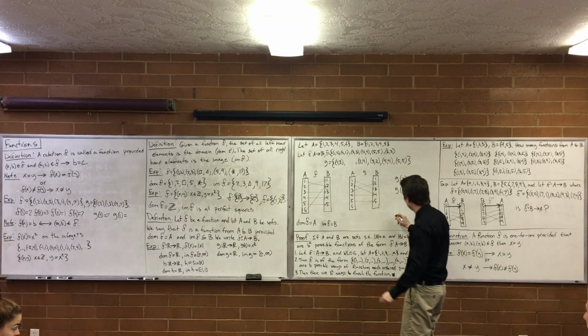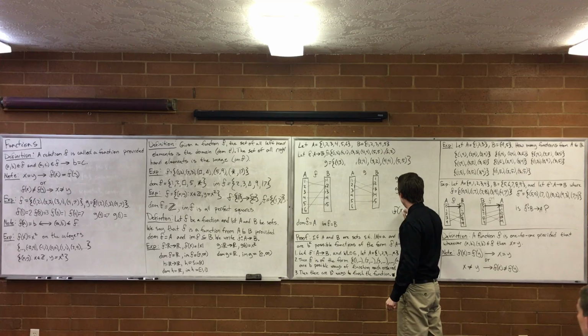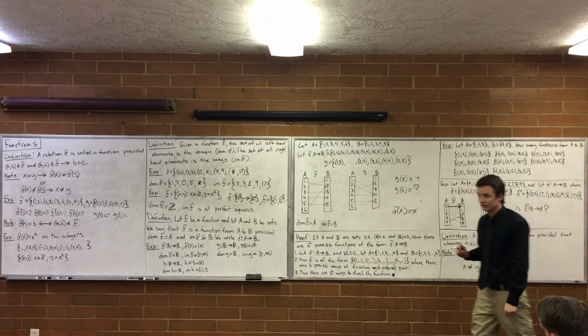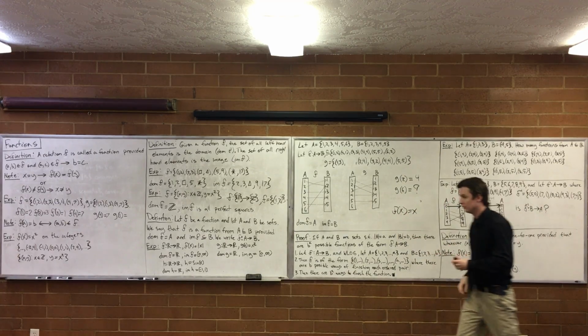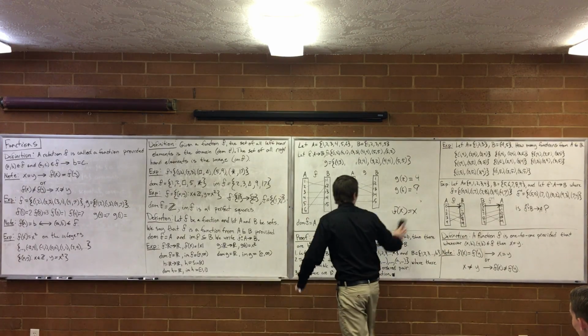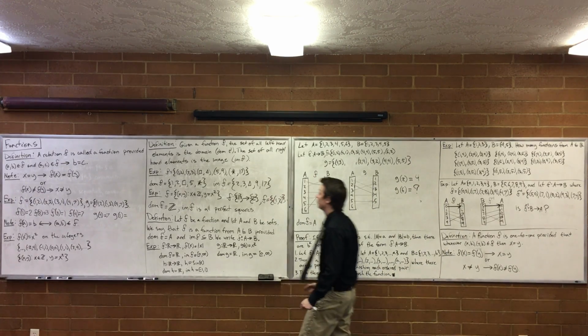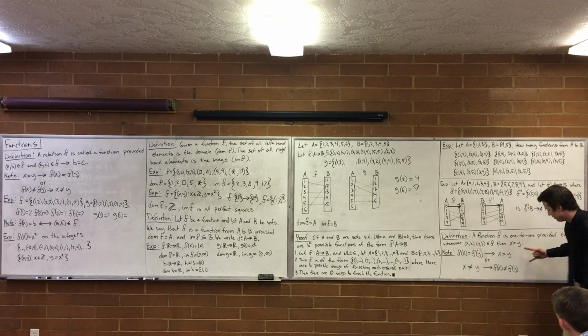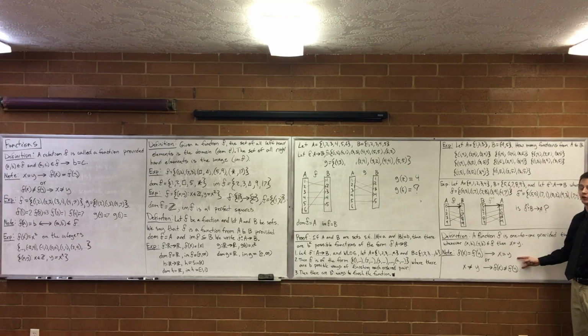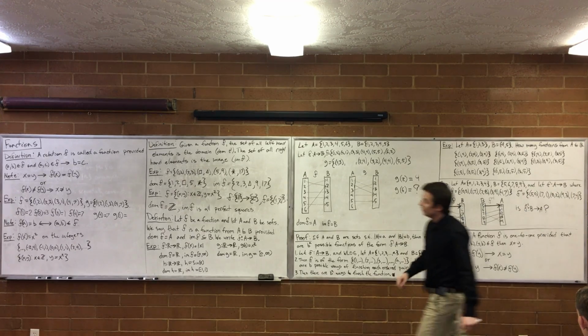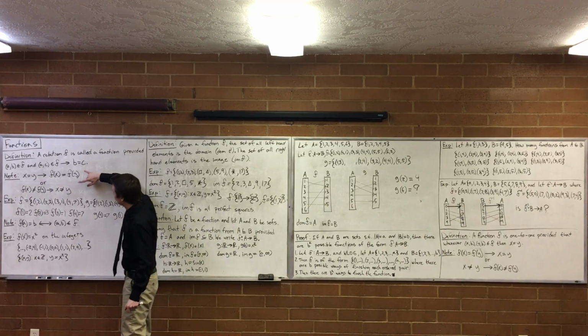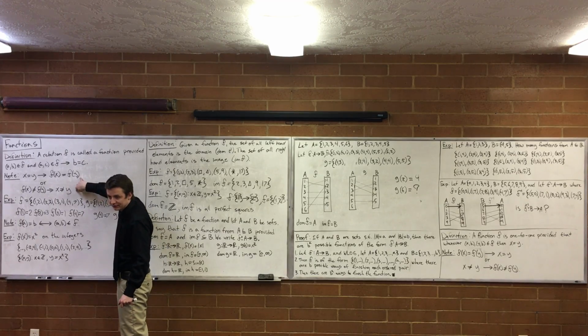Here's a simple example of one-to-one. f of x equals x. Okay, no, it makes sense. Here's what's important for you to wrap your head around. When you're going to prove that something is one-to-one, you need to be able to think about it like this. Same with when you're going to prove that something's a function, you need to be able to think about it like this.